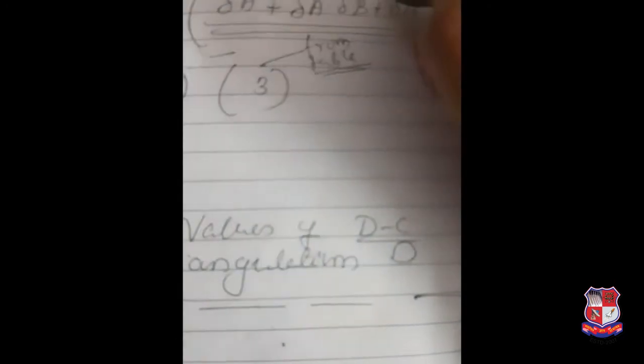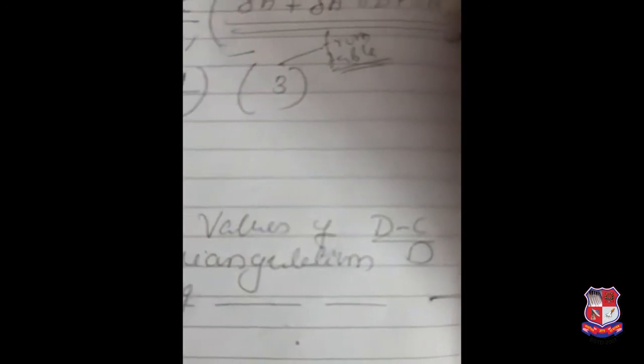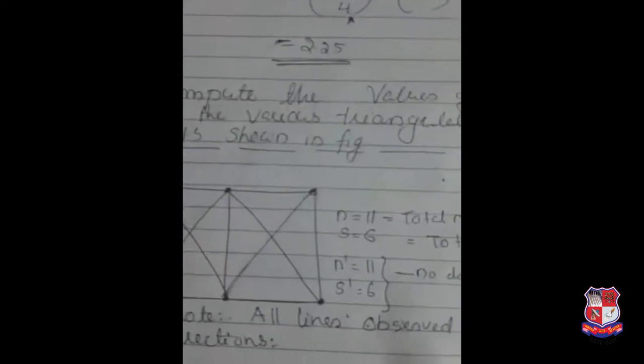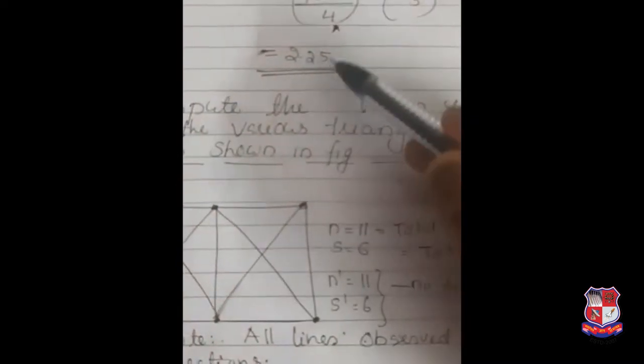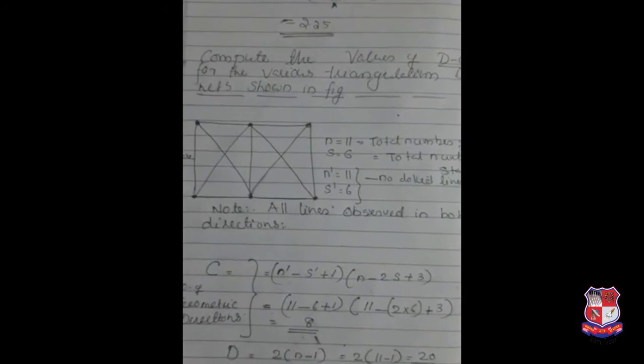For finding this value, we get it from a table. The table is given in the textbook. If a question is asked in the exam, this value will be given, otherwise the table will be given for your reference. So the strength of figure is coming as 2.25. Similarly, we'll do one more example. These types of questions are rarely asked in GTO questions, but still you have to understand the concept.